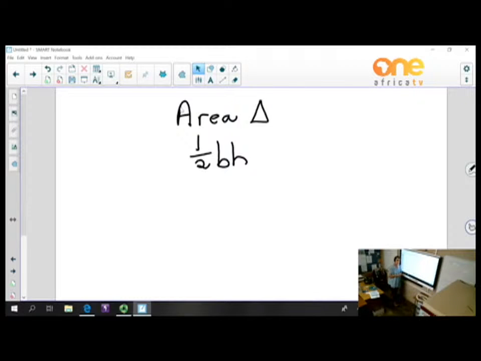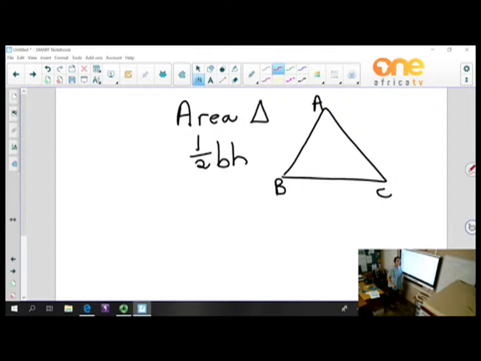We label the side opposite the angle with a small letter. So that is side A, this is side B, and this is side C. And the formula that we're going to use now for area in any triangle is half BC sine A,